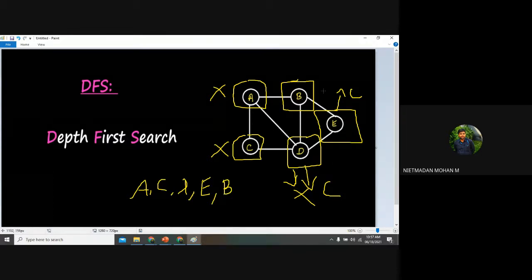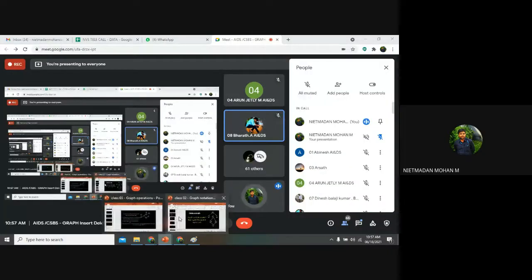So it means we have visited all the nodes, right? In between, if the vertex we are searching for appears in the visiting technique, then the program will be stopped. If all the nodes have been visited and the node we are searching for is not in the graph, then it will display that the node is not present in the graph. Right? So now if you are going with this,